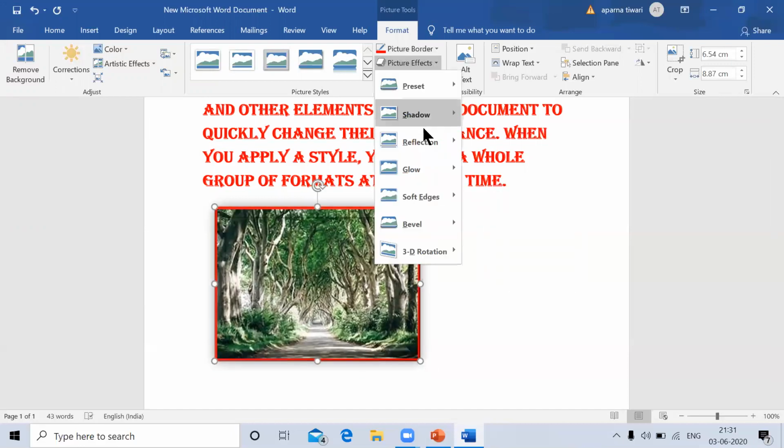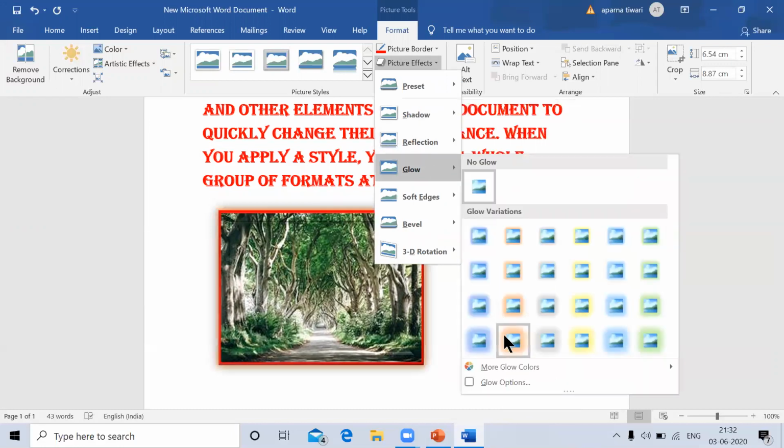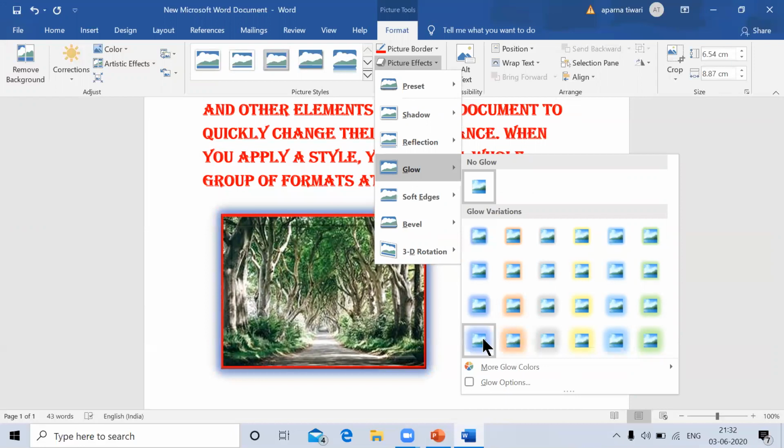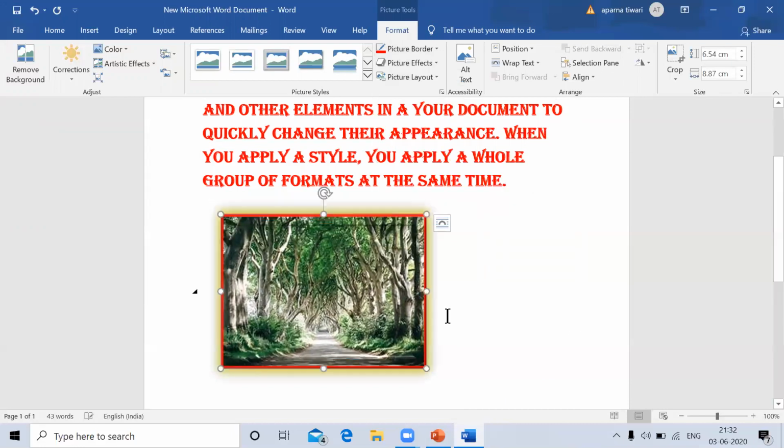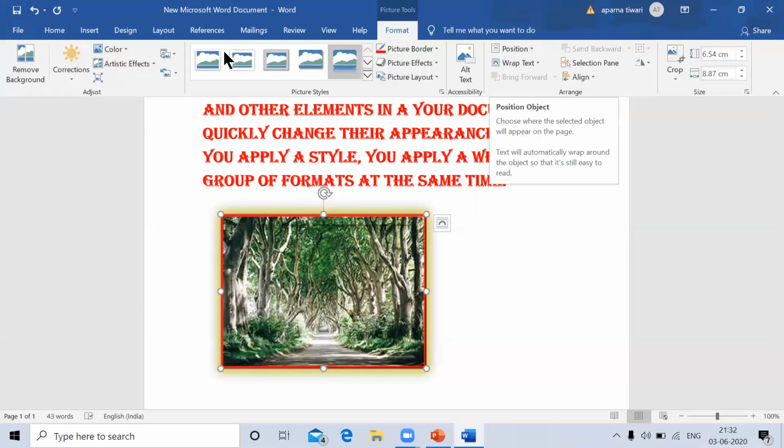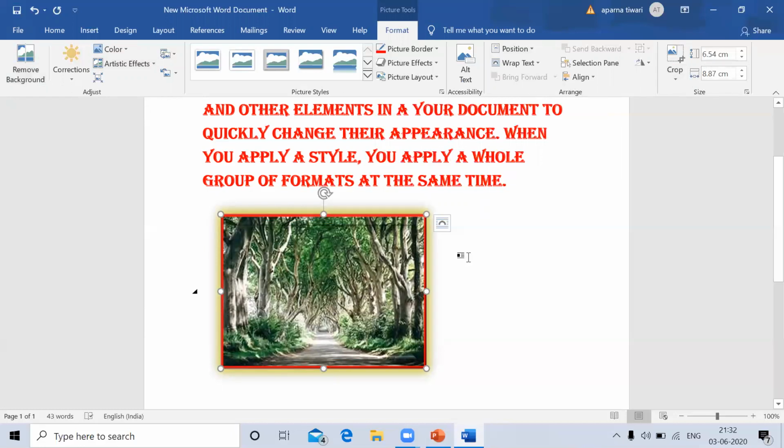Picture effect, I can give any effect to my picture, like I'm selecting glow. So you can see glow is properly visible around my picture. So there are multiple options related to the picture that we can modify.